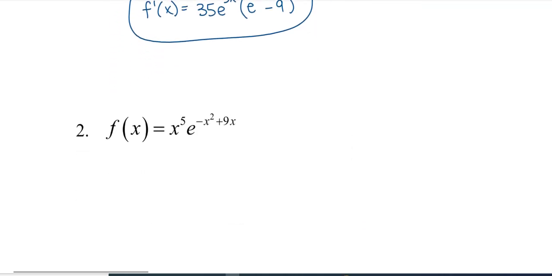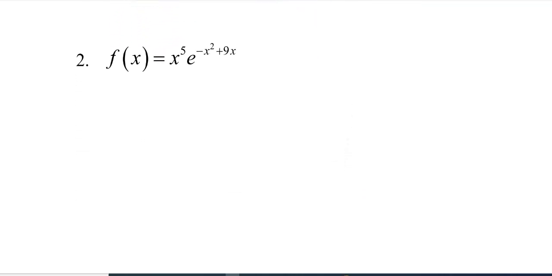Okay, let's take a look at number 2, and again I want you to kind of zoom out when you first look at these functions and see what's happening with my f of x. That will help you identify which rule you are supposed to be using. So if I look at this f of x, I overall see a product rule. And by overall seeing a product rule, that's what I'm going to apply first, and then for each derivative of each factor that I take, I might have to apply a different rule.